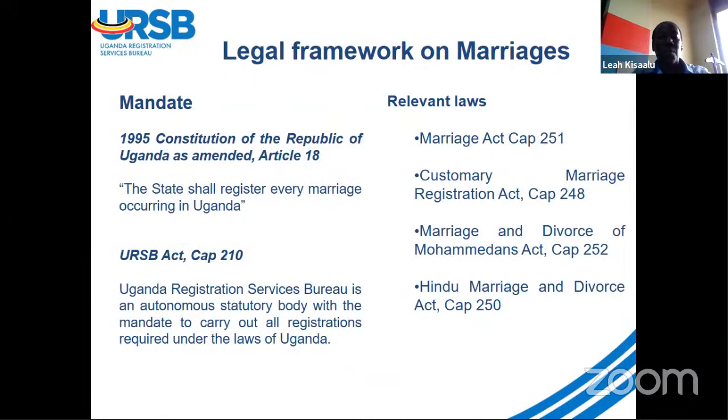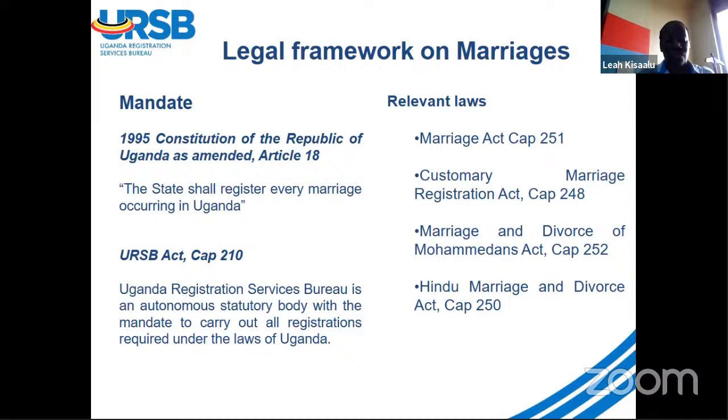So with the legal framework, we have the Marriage Act. The Marriage Act basically provides for monogamous marriages in Uganda. These are church marriages and civil marriages. And these civil marriages basically happen in all the districts of Uganda, and the chief administrative officer is the registrar. That means that not all of you can come to Kampala and do a civil marriage. You can go to any district and have your marriage contracted, as long as you can prove that you reside